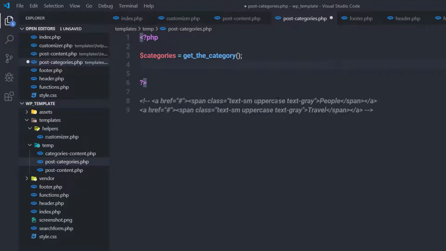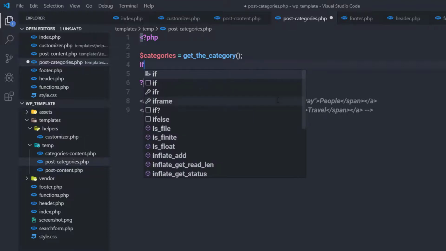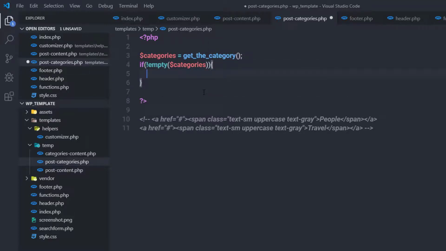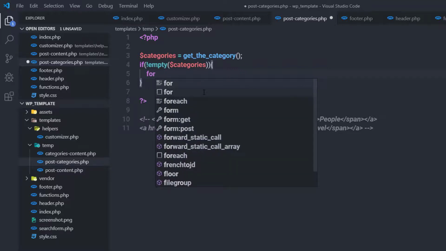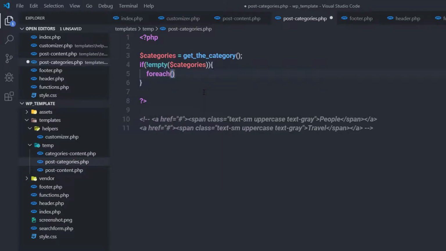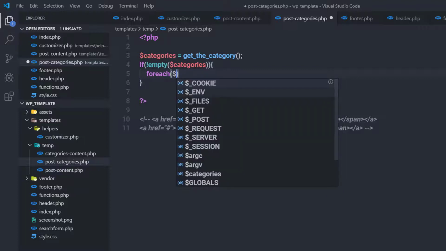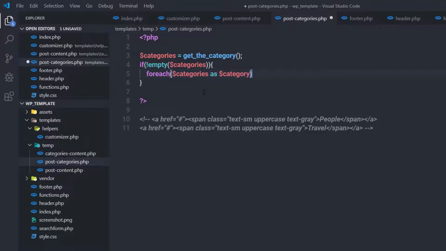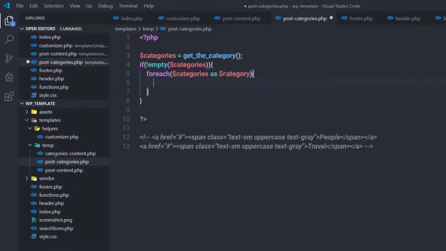Once I have the category list, I'm going to iterate this category list using a foreach loop. But before I do that, I'm going to call if. So I'm going to check if the category list is not empty, then I want to display all the categories one by one. So I'm going to say here foreach, and in the foreach, I'm going to say categories as category. So I'm going to get the category one by one in this variable and display them in the browser. And in this foreach, I'm going to call the printf function printf, and in the parentheses